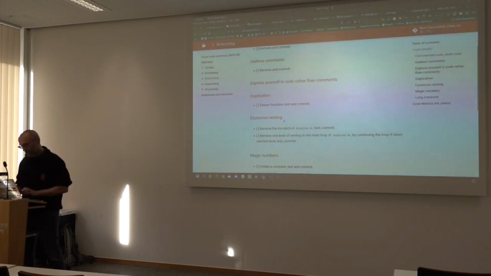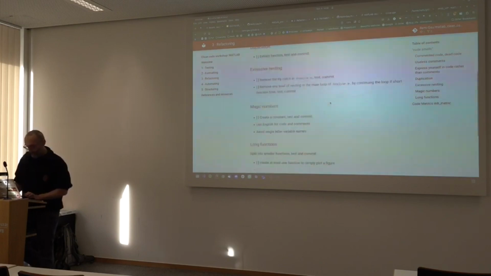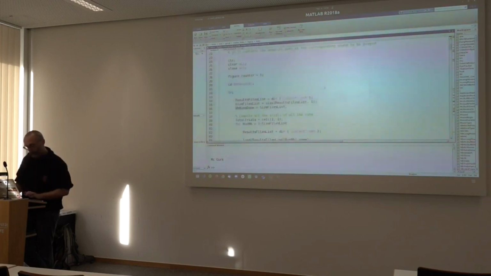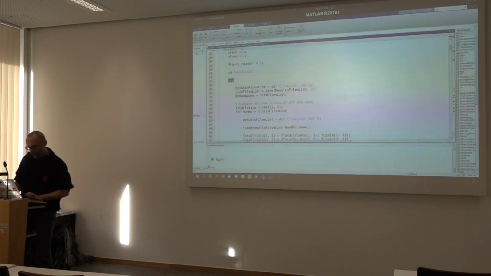Okay, remove some nesting. I have a couple of examples in here. Okay, the most obvious one is this try catch thing here. Does anyone not know what a try catch is, or anyone knows?